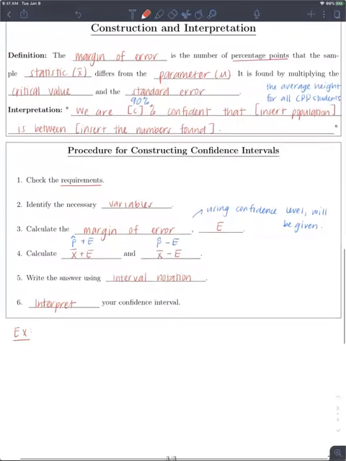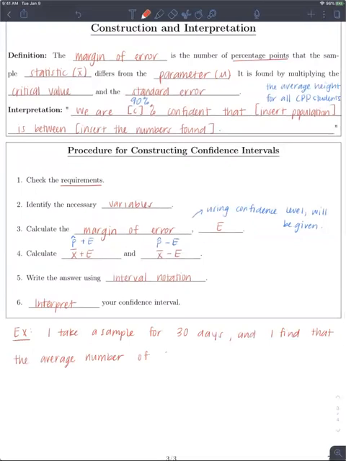So I take a sample for 30 days and I find that the average number of Carl's Jr. visitors per day